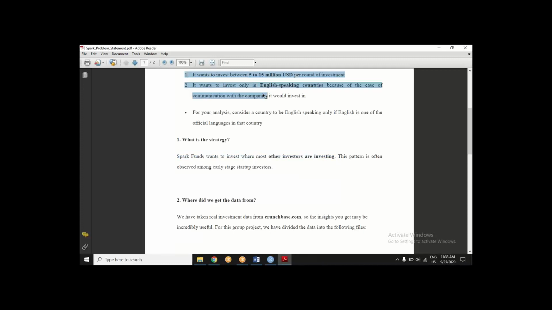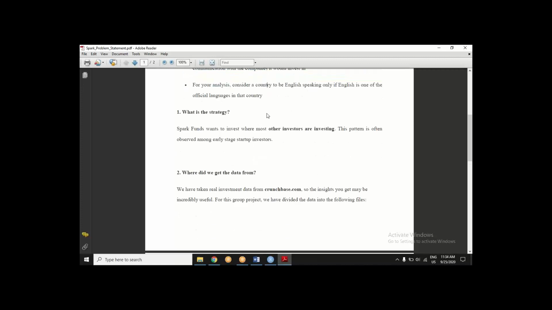If these constraints are met, just see where others are investing. Where other investors are going, we will also go there. Getting the idea? So this is a no-brainer for them. They don't want to experiment at all. They have just a few conditions.